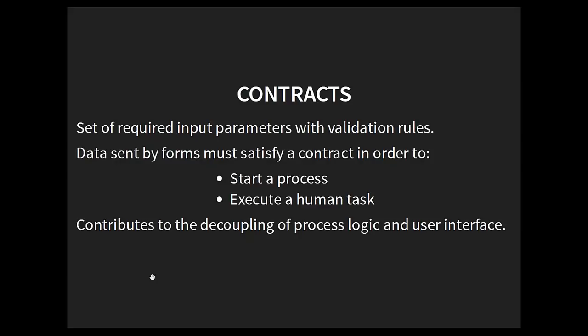So all of this means that you need some kind of interface to make sure that you can validate that the information that is provided to you as a process is usable and is enough in order to perform what has to be performed. So we have two main locations where this kind of contract will be helpful. That will be the starter process, so when you start a process again, or when you want to execute a human task. So the idea is really to make sure you decouple the process logic and the user interface.